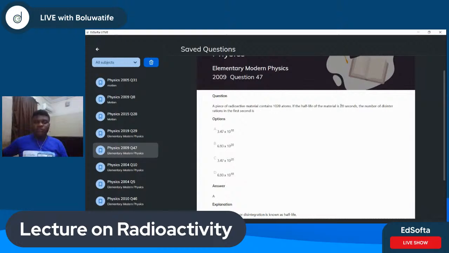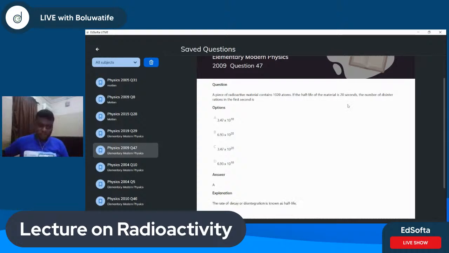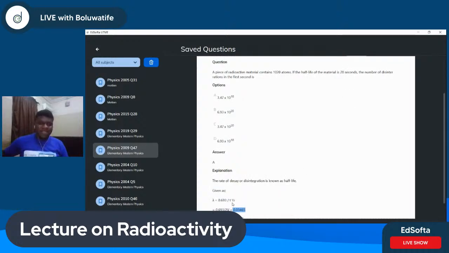20. So if you want to find the number of disintegrations, always note, you find the decay constant, which is what? 0.693 divided by the half-life, because the formula for half-life is 0.693 divided by the decay constant. So it just makes sense for the decay constant to be equal to 0.693 over the half-life. Okay, so